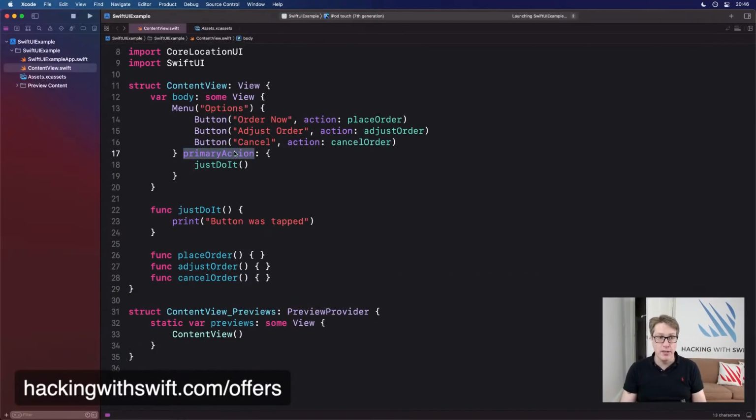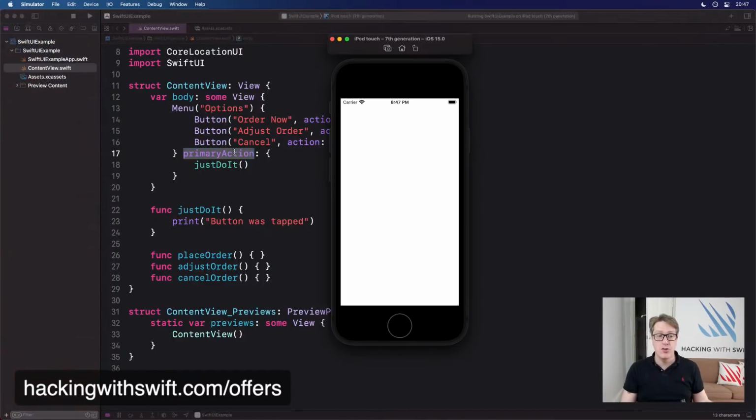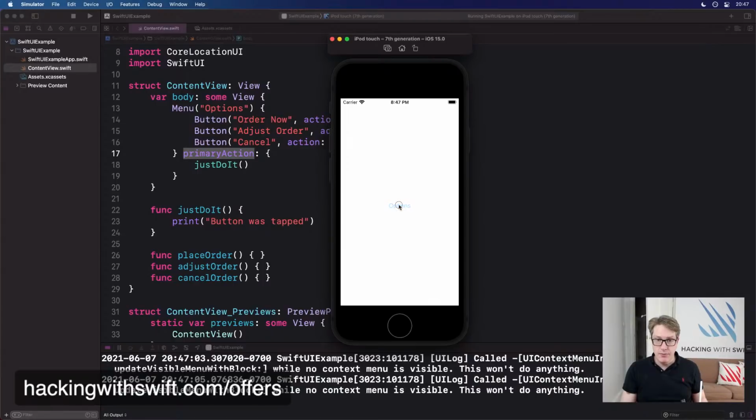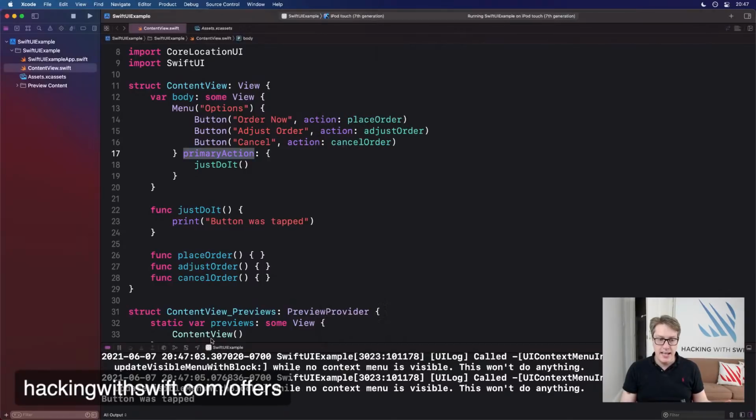So when I run this code, we're going to see options as a button on the screen. And if I hold down, I'm going to see cancel, adjust order, and order now pop up as a menu. If I press it quickly, we'll see down here that it was tapped. So you can distinguish between this transient tap and a press and hold, just now with the primary action.